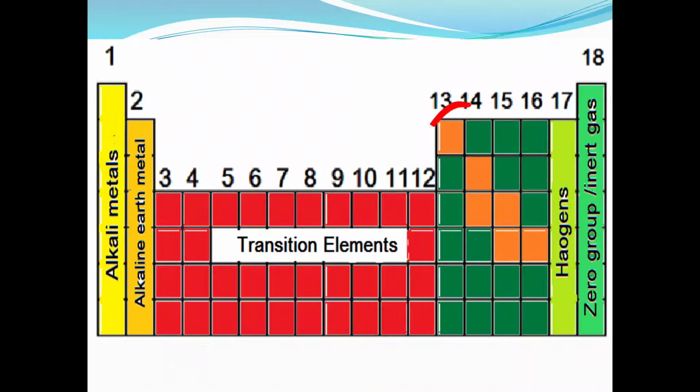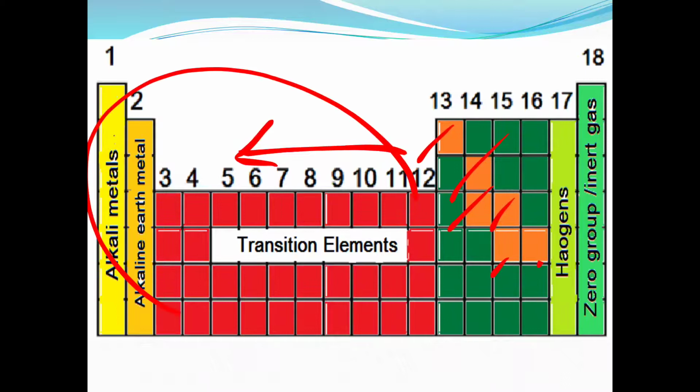If you see the table here, some orange colored boxes are there in between. These are the elements which are metalloids. We know the difference between metals, non-metals and metalloids. Metalloids are the substances having properties of both metals and non-metals, right? So here the elements are metalloids. To the left of that all are metals, and to the right of that all are non-metals in the periodic table. So understand the arrangement of elements in the periodic table. Let's move to next.